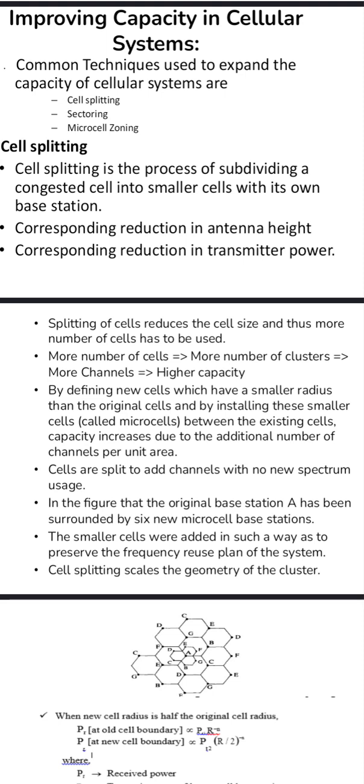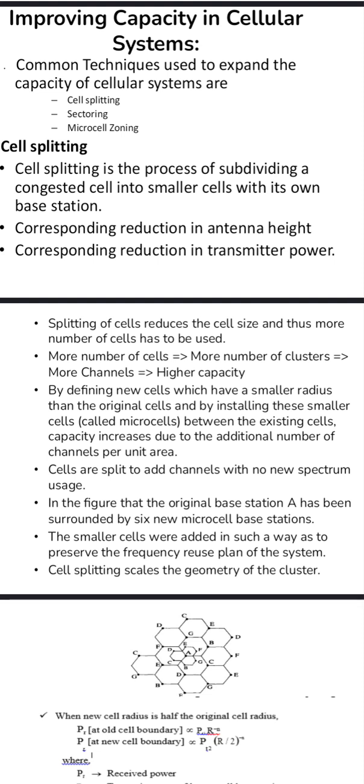In a cellular network, the main goals are coverage and capacity. Coverage provides a strong signal over a wide geographical area. Capacity supports a large number of users simultaneously. As the number of mobile users increases, the network must improve both coverage and capacity. There are several techniques which are used to achieve these two goals.